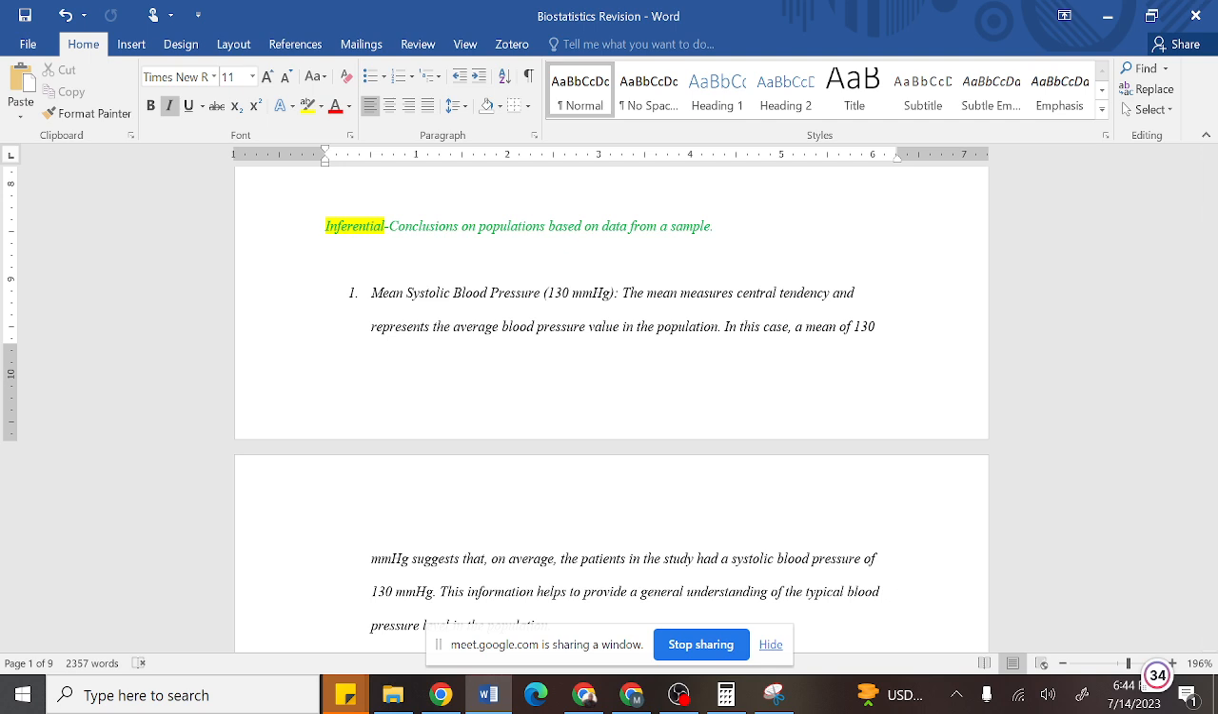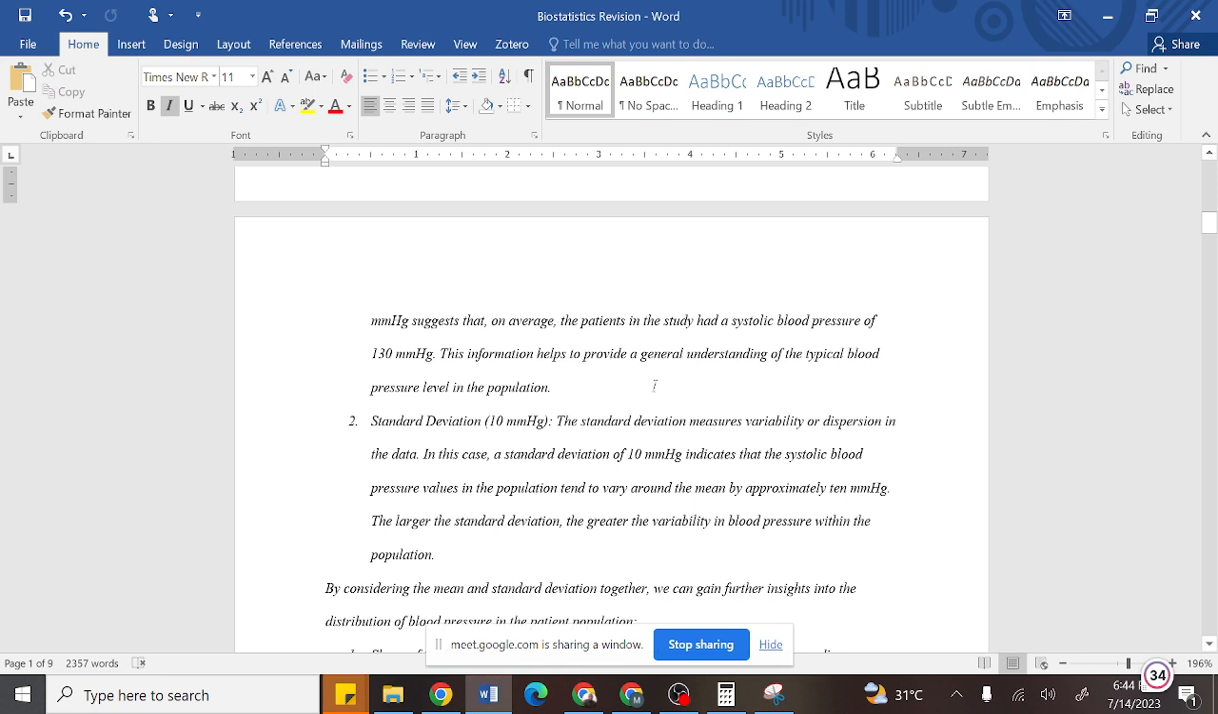The mean is a measure of central tendency. It represents the average blood pressure value in a population. In this case, if you have a mean of 130 millimeters of mercury, it suggests that on average, a patient in the study has a blood pressure of 130 millimeters of mercury. This information helps to provide a general understanding of the typical blood pressure level in the population. You as a healthcare manager therefore know that,